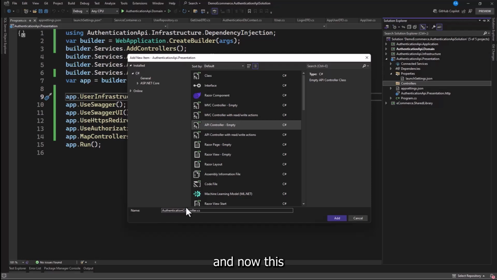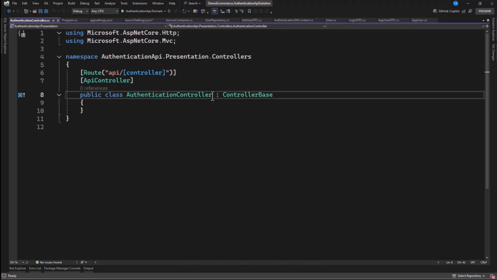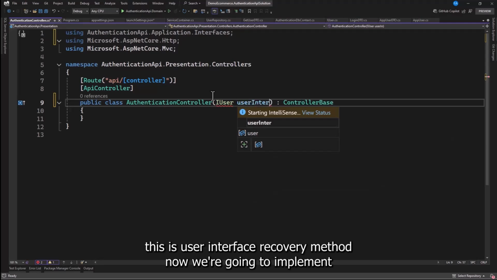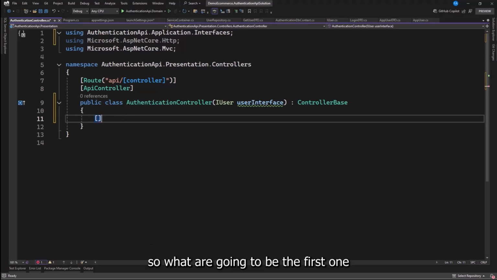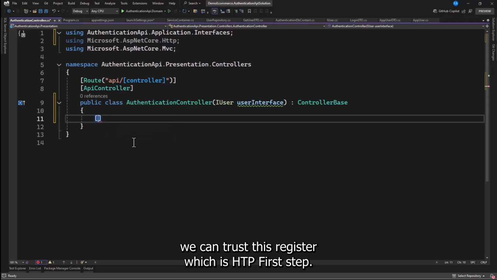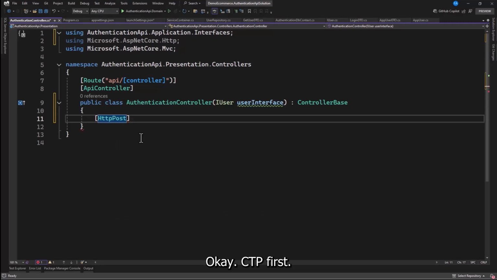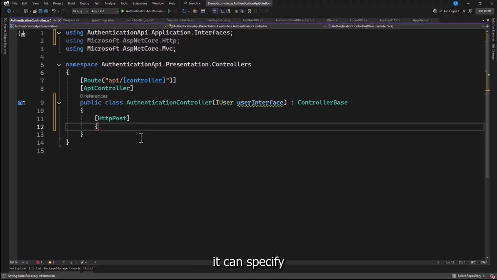And now with this, we need to inject our interface. So user, and I will say this is user interface. We have 3 methods that we're going to implement. So what is going to be the first one? We can have access to register, which is HTTP post. With this post, we can specify